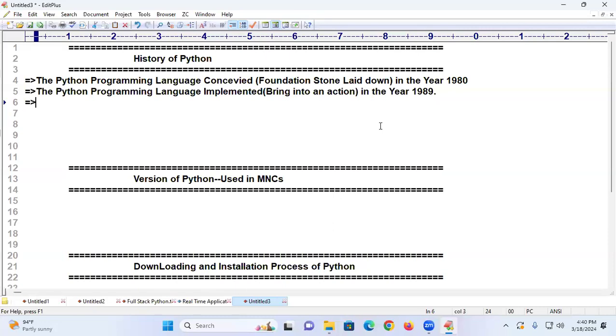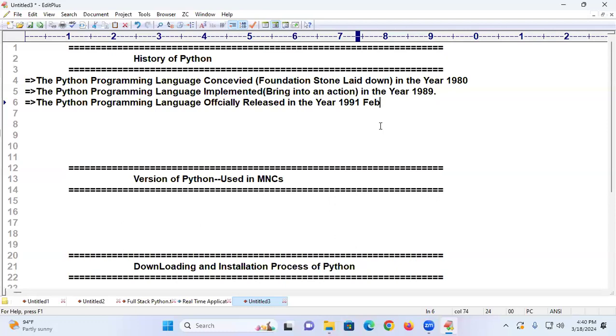Good. The Python programming language was officially released in the year 1991, in the month of February.